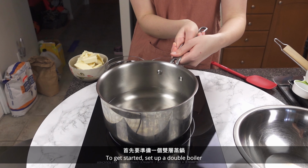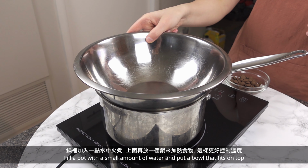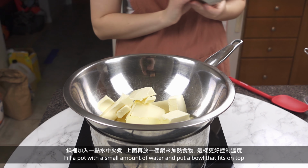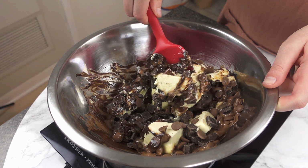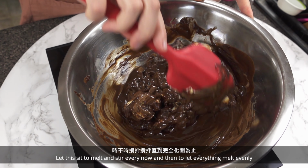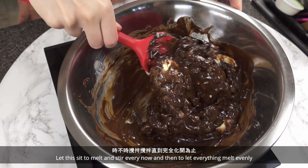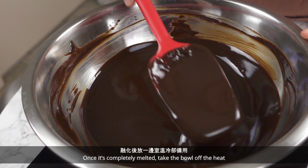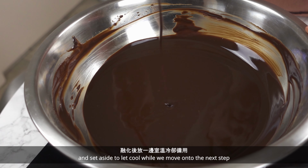To get started, set up a double boiler. Fill a pot with a small amount of water and put a bowl that fits on top. Turn the heat to medium and add 250 grams of butter, 200 grams of dark chocolate, and 100 grams of milk chocolate. Let this sit to melt and stir every now and then to let everything melt evenly. Once it's completely melted, take the bowl off the heat and set aside to let cool while we move on